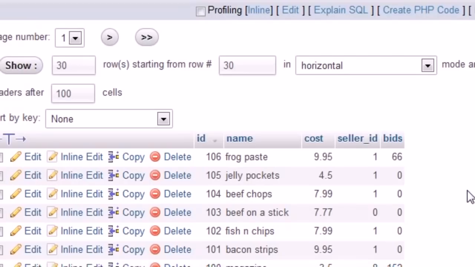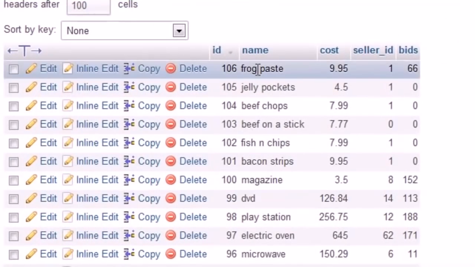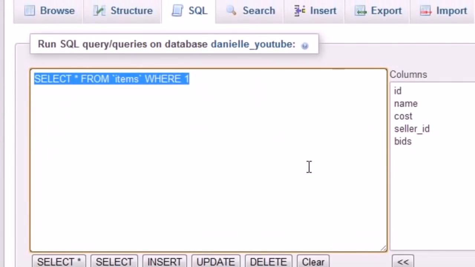So now I want to teach you guys about delete. And you guys are thinking, okay, next tutorial, but I'm not going to wait for the next tutorial because delete is how to delete rows of items. For example, if we no longer want to sell this frog paste or we no longer want this beef on a stick on the website, I'm going to show you guys how to delete this. The reason I'm not waiting for another tutorial is because this is the easiest thing I have ever taught anyone in my life. So in order to delete rows, just go ahead and hit delete from